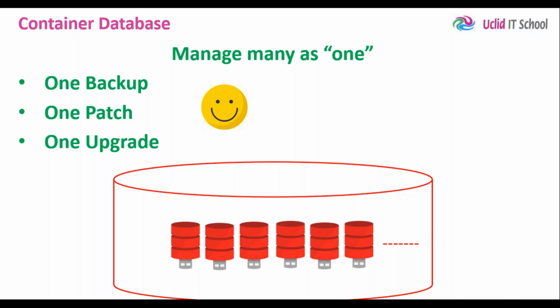Suppose you have 1,000 databases. Out of 1,000, 10 databases have similar management. So I will put them in one container database. Another 50 databases follow a different management style. They follow a similar management style. Their patching, their upgrade, or their backups are very similar. So I will group them into another container database. Another 100 databases follow the same approach. So those 100 databases go into another container database.